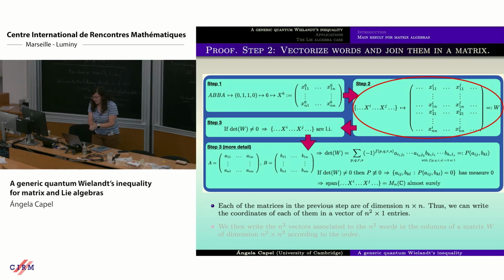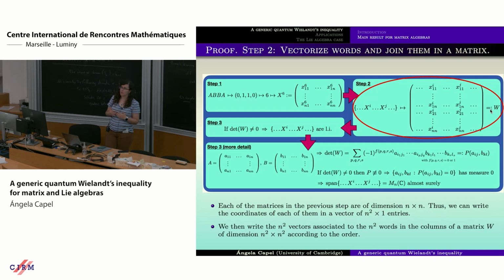So what we do in the second step is to write all these matrices as vectors and write all of them in a huge matrix. So now, if you remember at the beginning, we were considering n squared different matrices. So now we take all of them in the first step. We write them like this, and then we represent them as vectors, and we write them in these vertical columns of this matrix. So now we are generating a matrix W that is going to have n squared times n squared coefficients, where all these coefficients are going to be the coefficients of my n squared initial words. Okay, so until here, I'm essentially not doing anything.